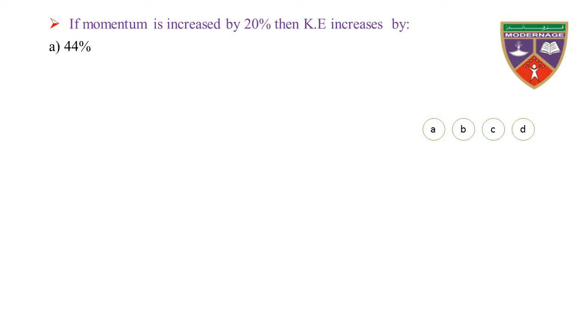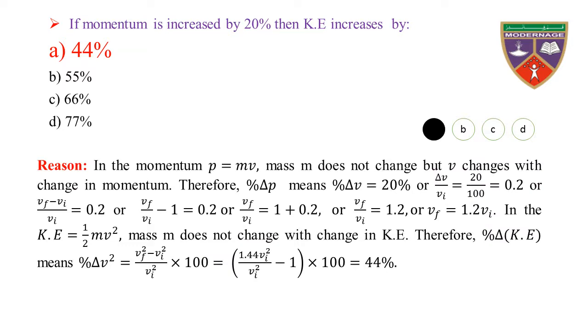Option A is 44%, option B is 55%, option C is 66%, option D is 77%. The key is 44%. Therefore, the correct option is A. Reason: the momentum P is equal to mv, mass m does not change, but v changes with the change